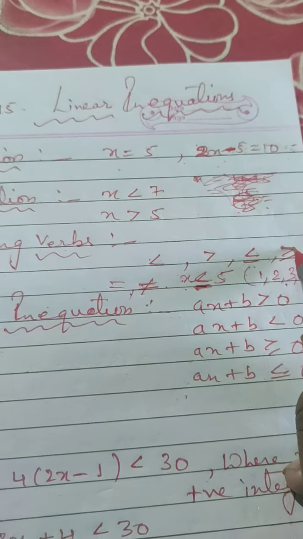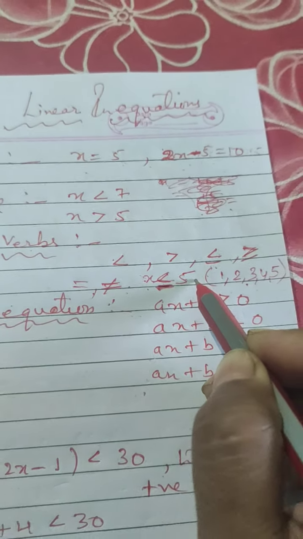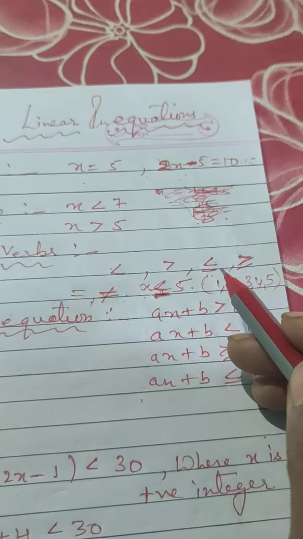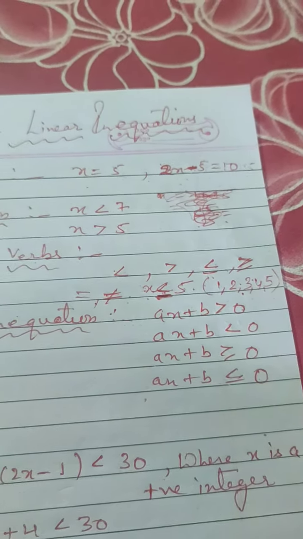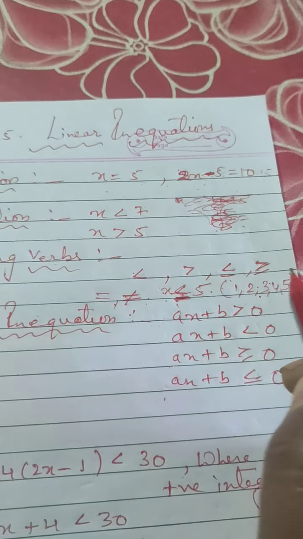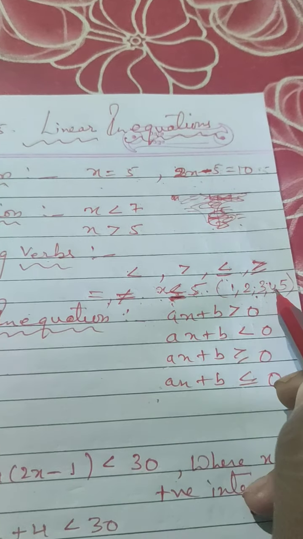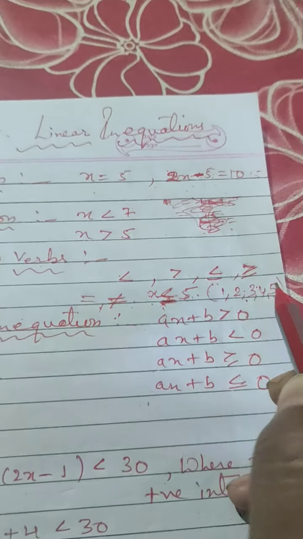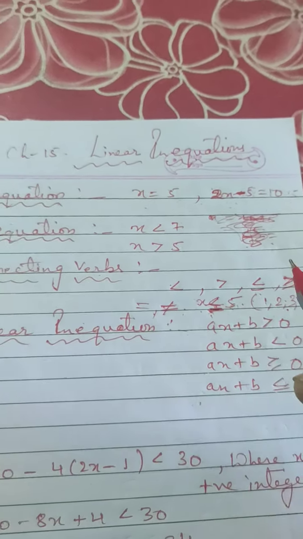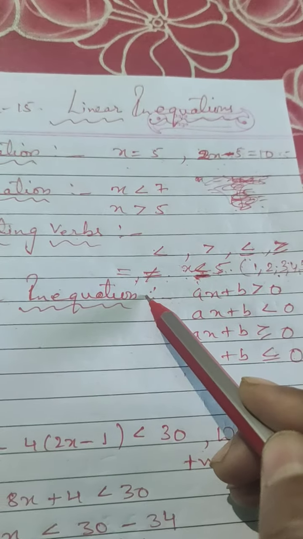Like that, same with greater than and equal to. Suppose x greater than equal to 6. So greater than equal to 6 means greater than 6, you can take 7, 8, 9. Okay, but you have to include 6 also, because equal sign means you have to include the same number also. Clear? This is less than equal to including 5. Okay, and if you take greater than equal to 5, then you will have to include 5 also. Clear?